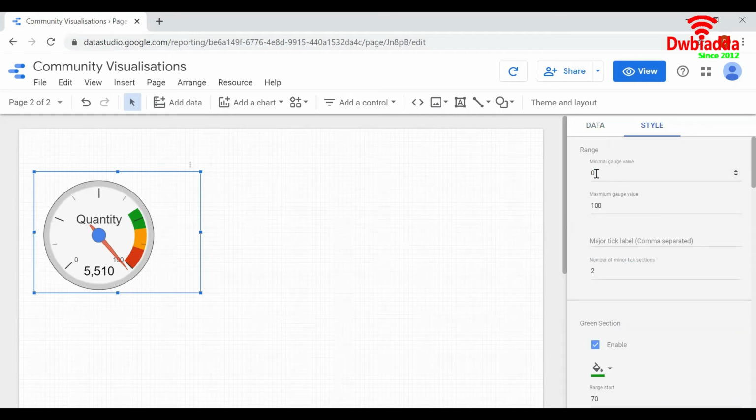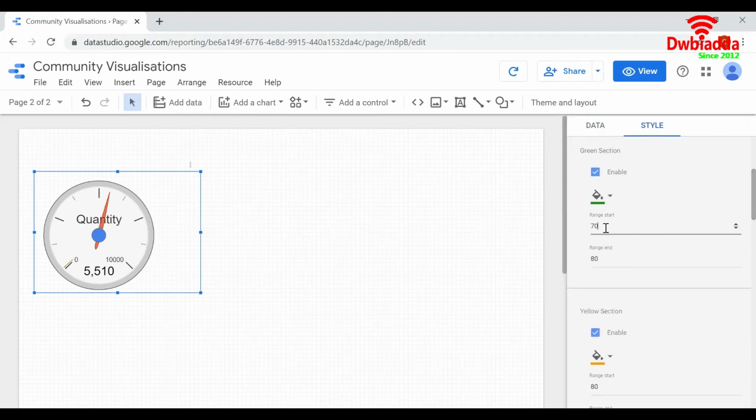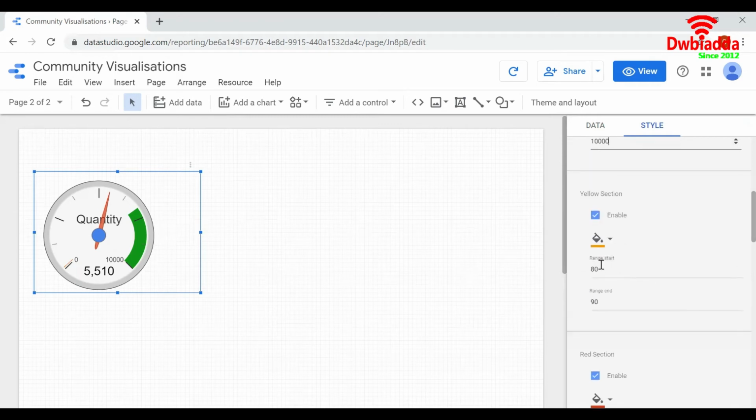Let us set the minimum, maximum and color range values in style. The minimum value is 0. The maximum value, let us set it as 10,000. Green section, let us keep it as 7,000 to 10,000. That is, if the quantity is between 7,000 to 10,000, then it is in safe range. Similarly, for yellow section, let us give the values as 3,000 to 7,000.